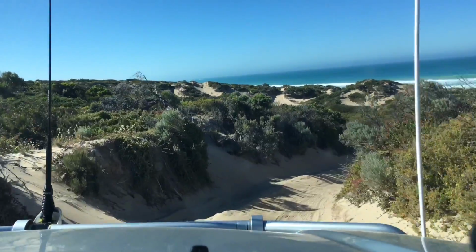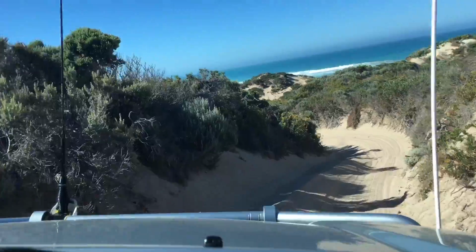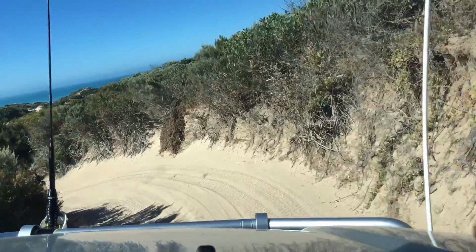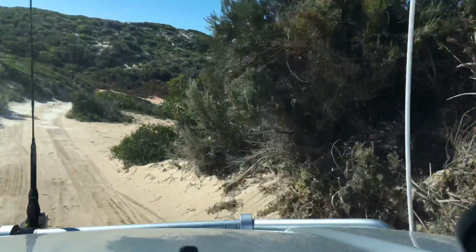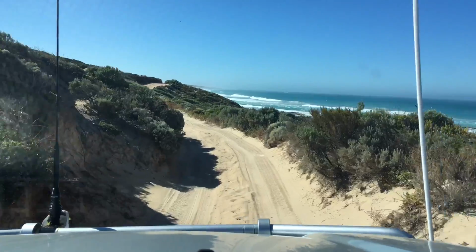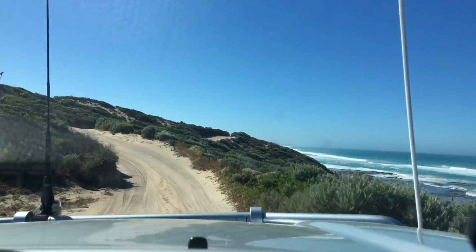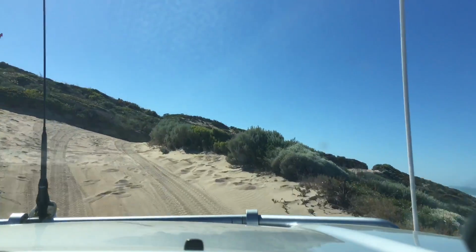You never know what you're going to come across depending on the weather conditions, which way the wind's been blowing, how long it's been dry for, if it's rained, who's been driving on it. I'll give you a few sand driving tips in a moment. Scenery along these tracks is just absolutely awesome on the right day, and that's the most important part. If you plan yourself a trip to anywhere around here,